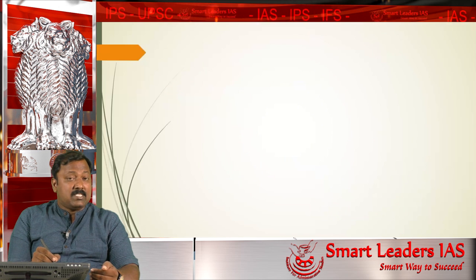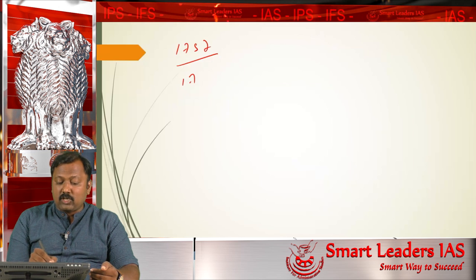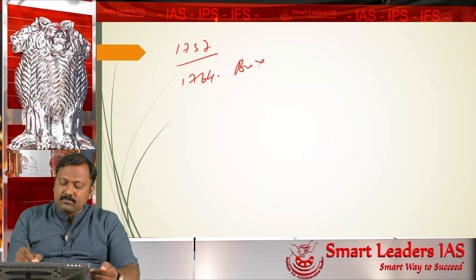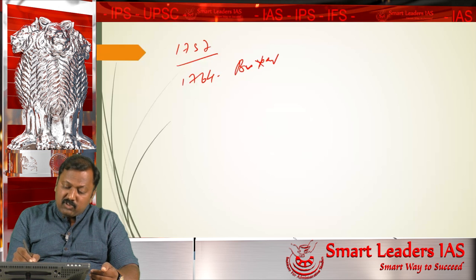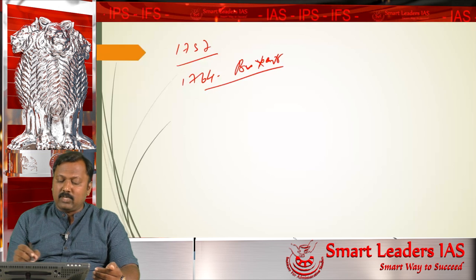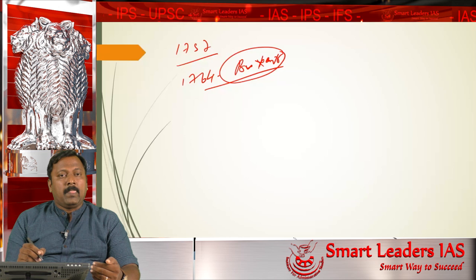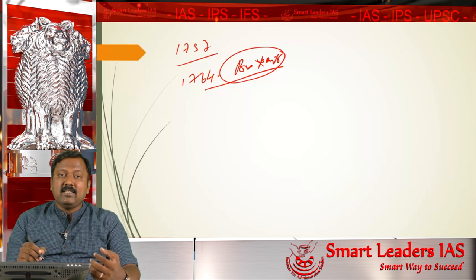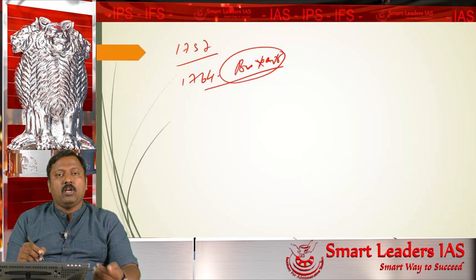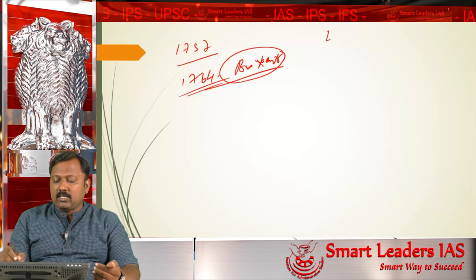After the Battle of Plassey in the year 1757, they had another battle, which is called the Battle of Buxar. The Battle of Buxar was also fought in Bengal. This Buxar battle clearly established the dominance of the British in India. So these are the very important milestones for the East India Company.